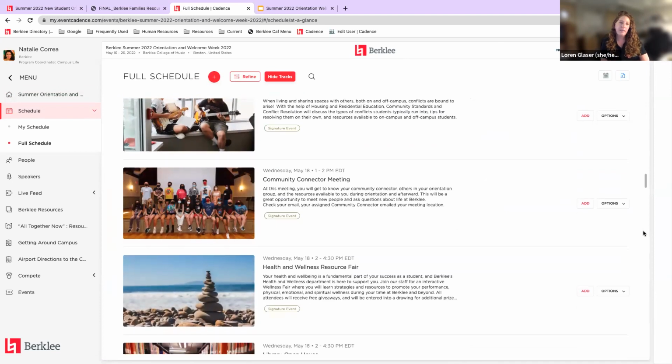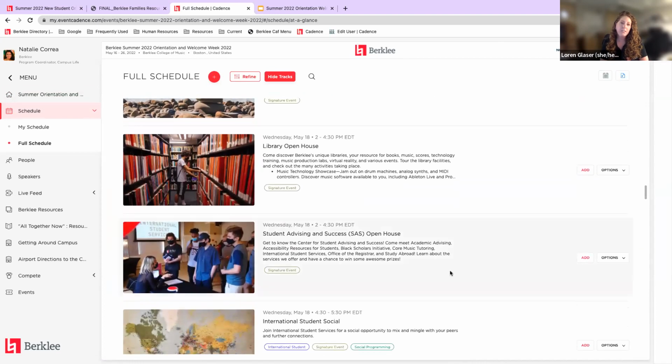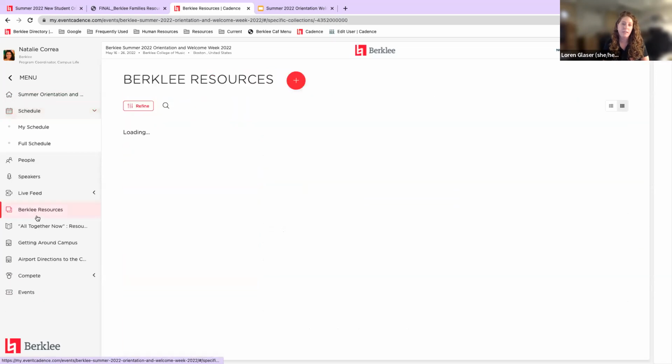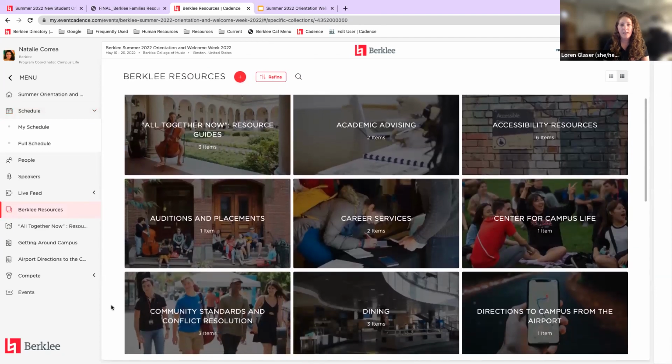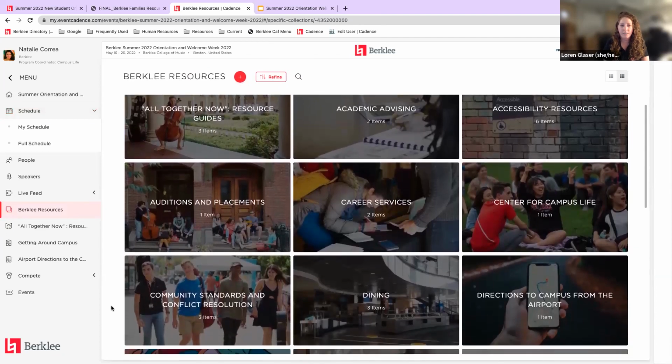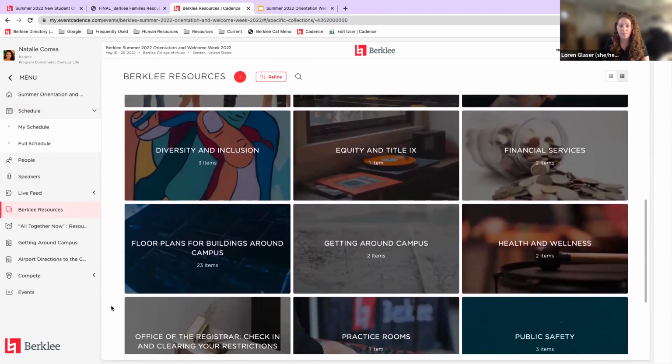We also have a resources section in here as well. This is a great area to check out once the app launches a week before you arrive, and it is an opportunity to start learning about those Berkeley resources and getting acclimated to campus.